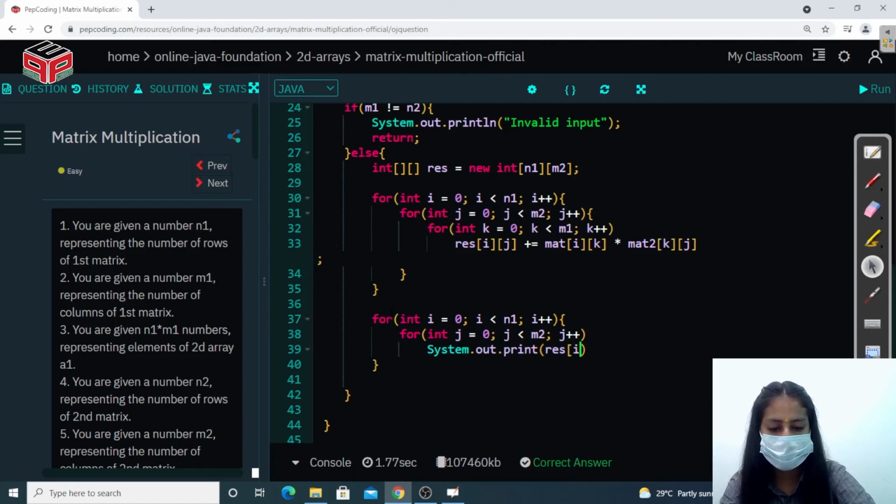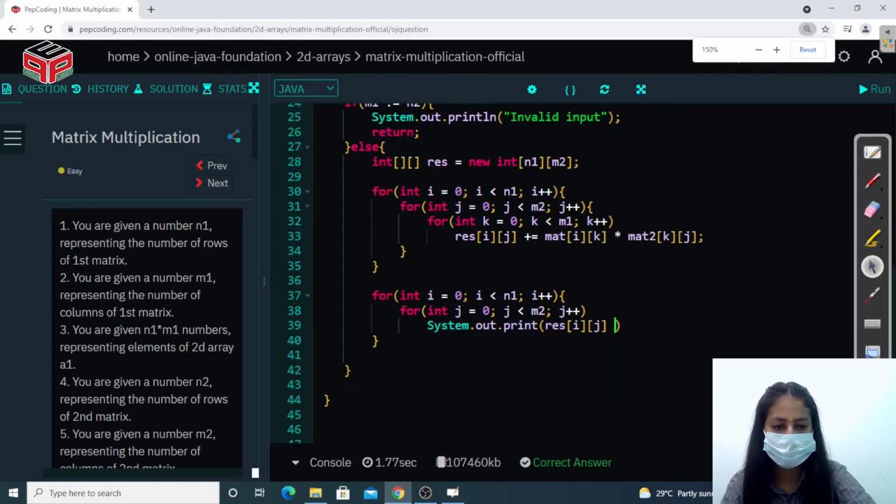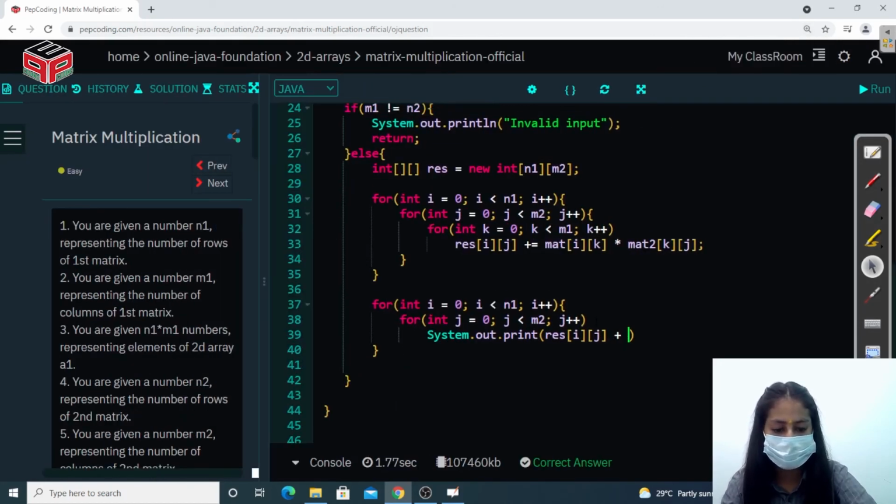After each row we also want to print a new line. So there will be a space after each element, and after this we have to print a new line after each row, right?